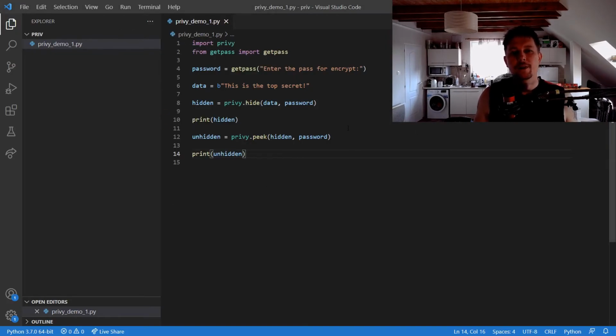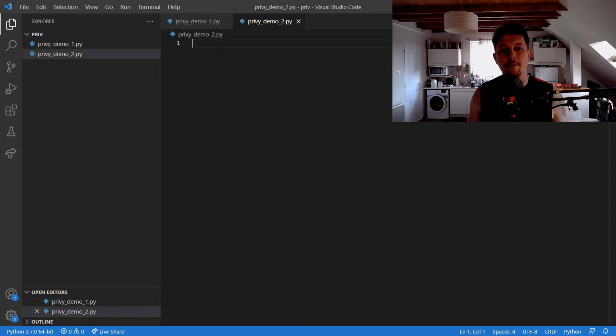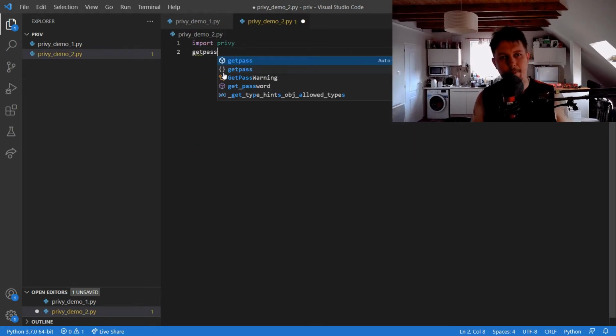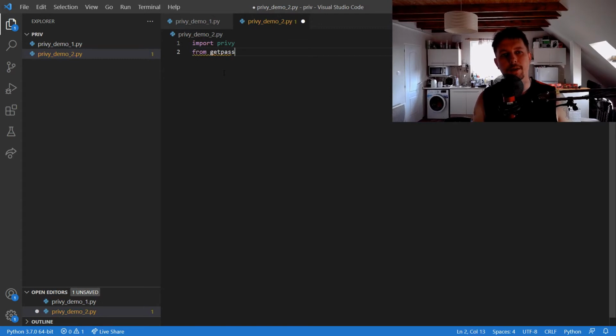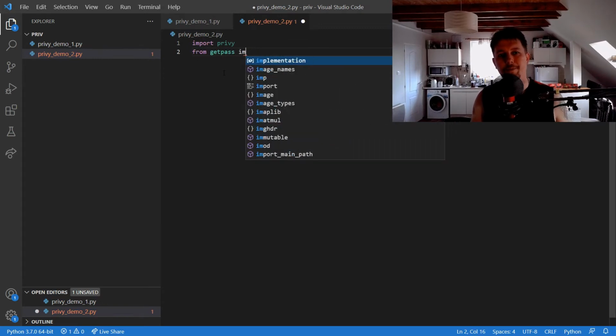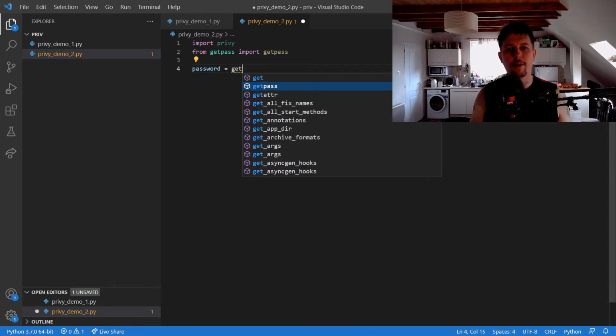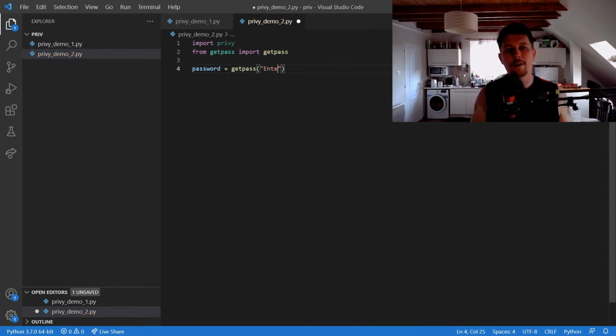And that was one which I wanted to show you, and the other is going to show you how you can use it to work with files. So for example, you have a file called hidden, and from the getpass we would like to import the getpass function as well. So password is going to come from the getpass. Enter password,